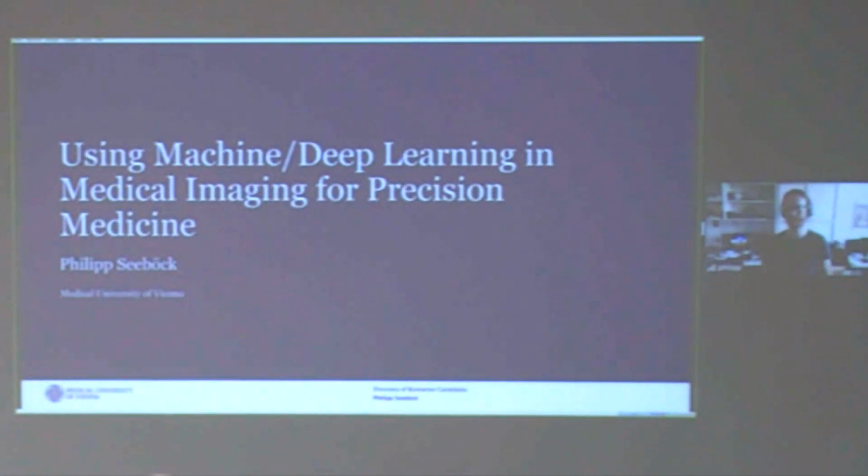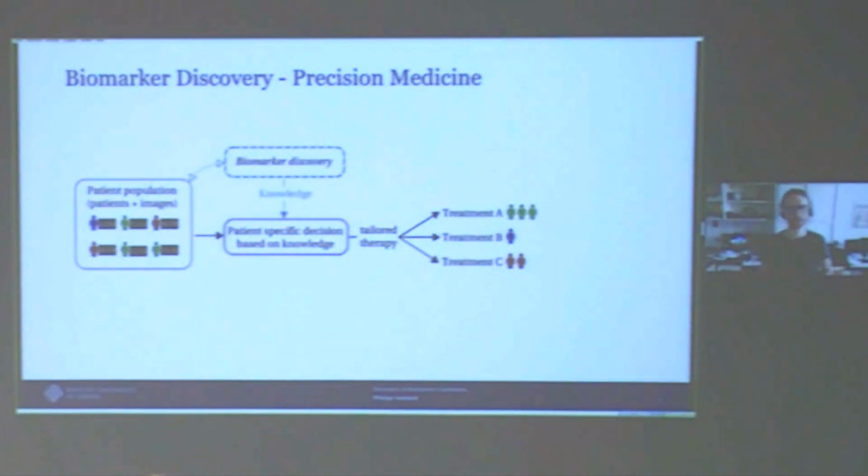Yeah, as Florian mentioned, my expertise is deep learning, machine learning, and I'm particularly interested in developing methods for biomarker discovery and to support precision medicine, so tailored therapies for patients. And the idea of today's talk is to give you a little bit of an idea on machine learning and deep learning basics, and at the same time connect that with biomarker detection and how this can help patients in the end. So let's start with a short overview of what precision medicine is about at all and what biomarker discovery is about.